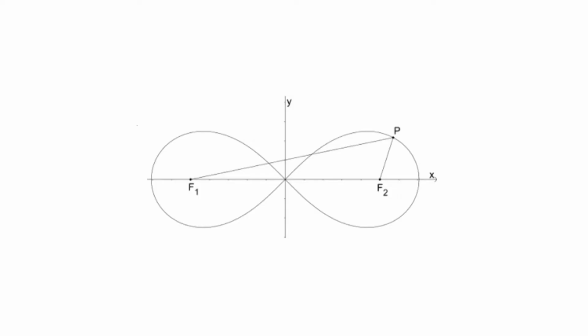The lemniscate of Bernoulli is a plane curve defined from two given points F1 and F2, known as foci, at a distance 2a from each other, as the locus of the points P such that PF1 times PF2 is equal to a squared. The curve has a shape similar to the numeral 8 and to the infinity symbol. The Latin word lemniscatus means decorated with hanging ribbons.